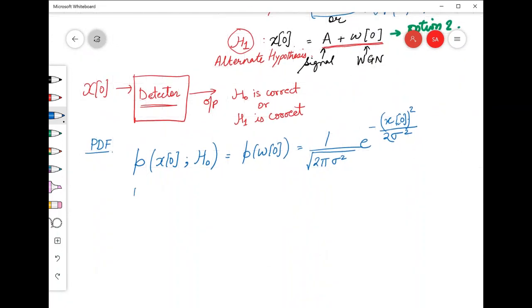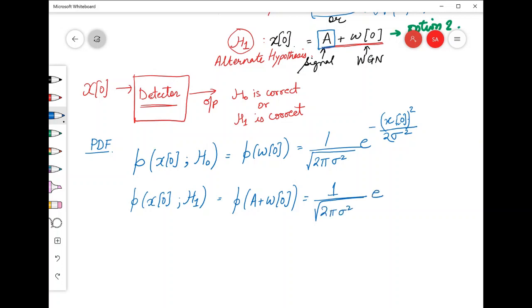I can also write the PDF of x0 given that hypothesis 1 is correct. Suppose there is an aircraft present, that means the signal is there. I'm taking a DC component signal here. So the PDF of this is equal to 1 over square root of 2 pi sigma square, e to the power minus